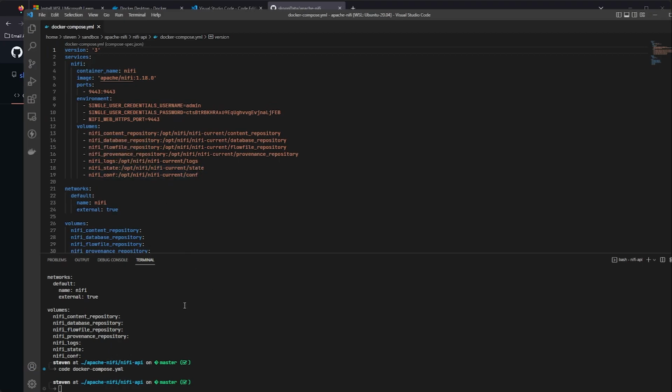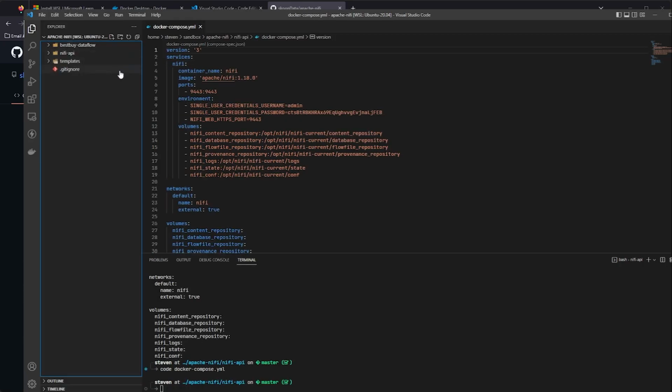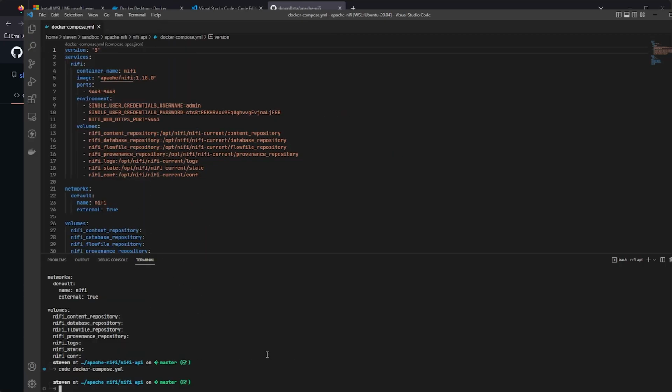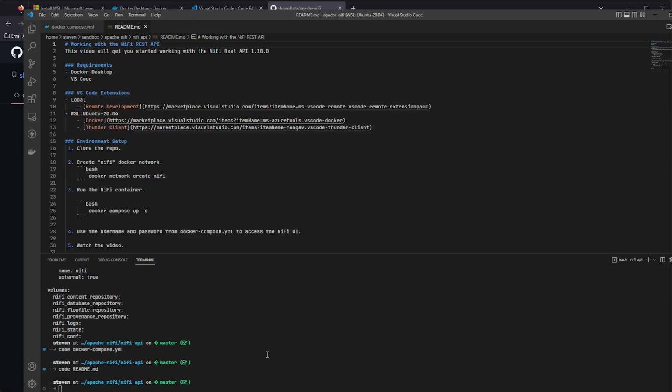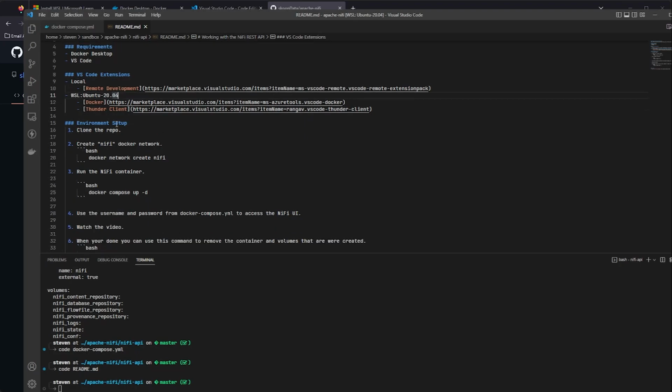Now, the instructions for the README will have a little bit of extra stuff in there as well. So if we say code, and we open the README, you'll have the instructions for following along. You'll see what I'm using, what requirements I'm recommending, what extensions I'm using for the video that you'll probably want to add if you want to follow along exactly. And then how to clone the repo, and in most cases, I'm using a custom Docker network that I'm